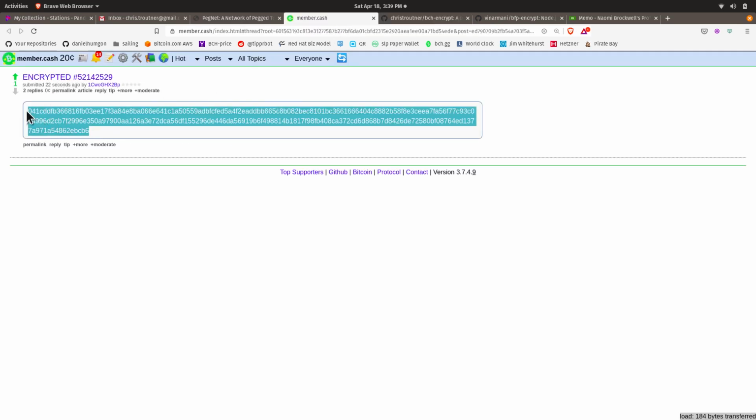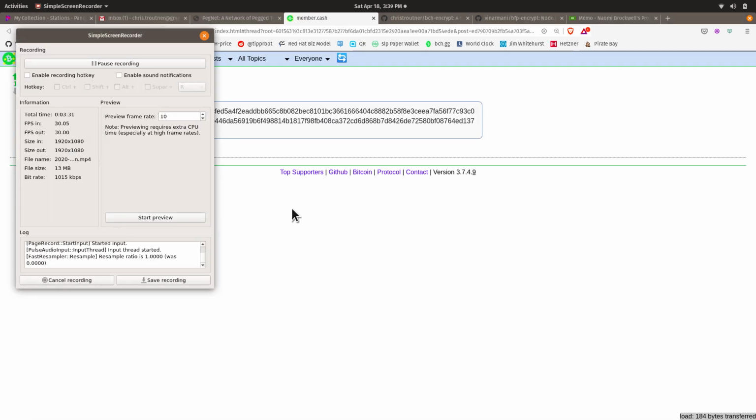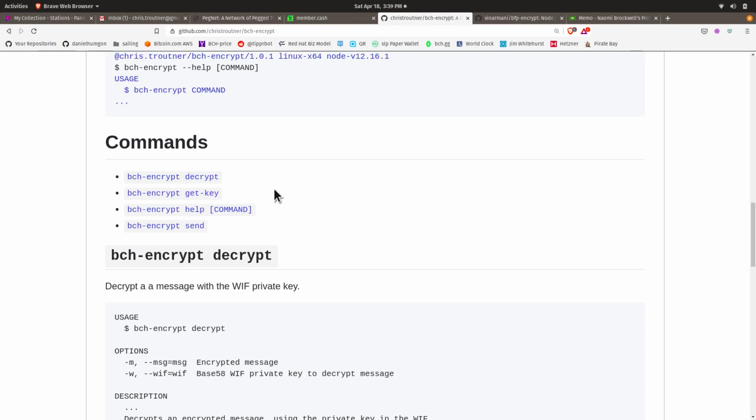Here's an encrypted message, and then it's got a title that's auto-generated. And then there's a decrypt command. So I'm going to go through each of these 3 commands and give a demo on how to get someone's public key, encrypt a message, write that message to the blockchain, and then decrypt the message.